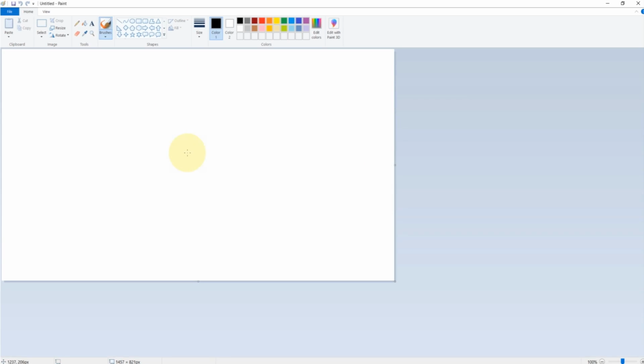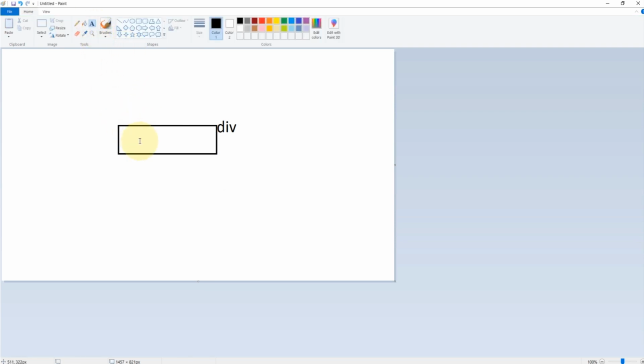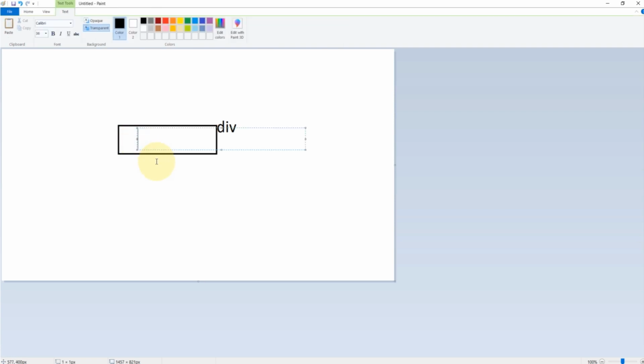For the box model, I'm opening a paint document. This is my element, a div element. Inside, as of now, we have taken an h3 tag with some navbar element.